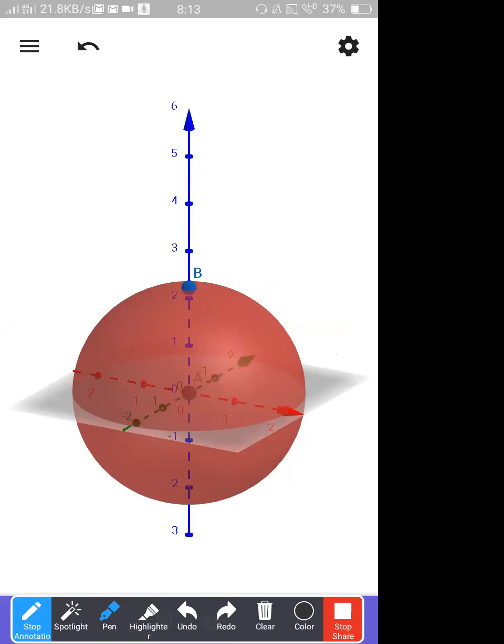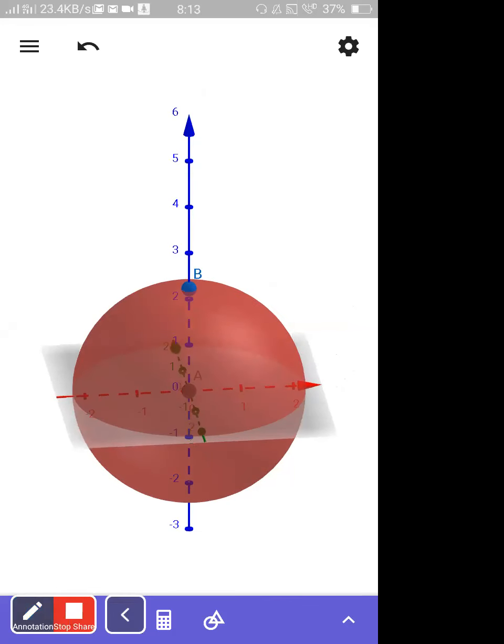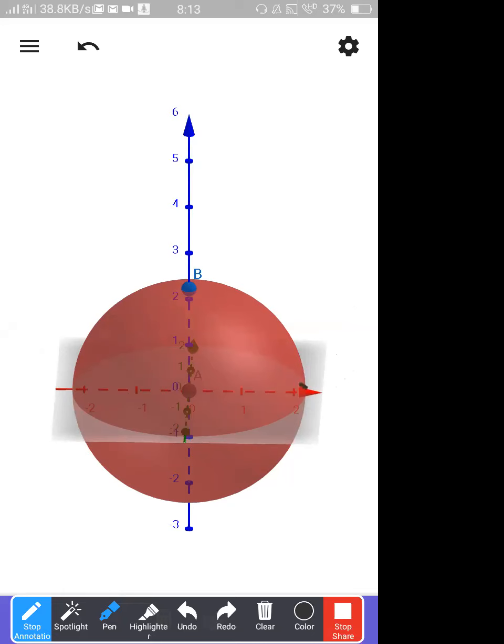Or otherwise I will take some other case, then it will be better. Now I am choosing a point exactly on the y-axis. What will be my radial vector? This is a_r cap. My a phi cap will be going inside like this. This will be my a phi cap. And my a theta will be going like this. Is it maintaining that rule, sir? One is going in this way.